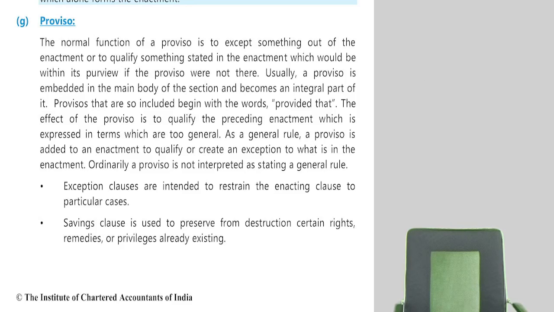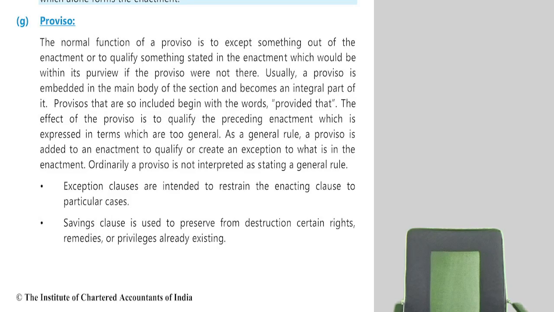Listening? Tell me, what do we have to write now? Proviso. I will first explain, after that you read. A proviso will always start with the words "provided that." If you read the Bare Act, the starting lines of the proviso will be "provided that." Whenever I use the words "provided that," it's an indication that it is a proviso. Understood the point? What will a proviso do? It will give an exception. What do I mean by that? Main provision says: every company shall conduct 4 board meetings every year. Over. This is the main section. Proviso: provided that it is enough if a Section 8 company conducts 2 board meetings.